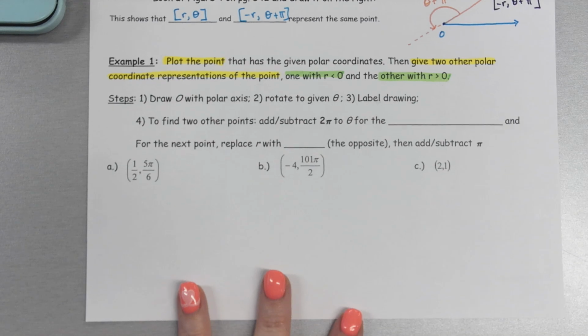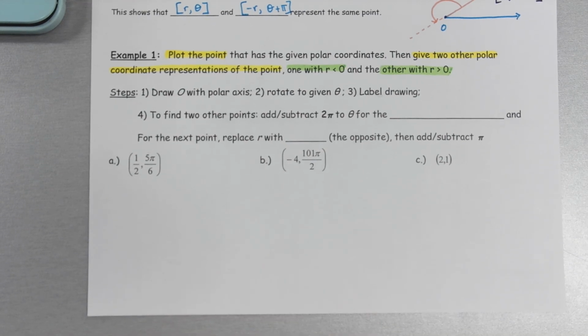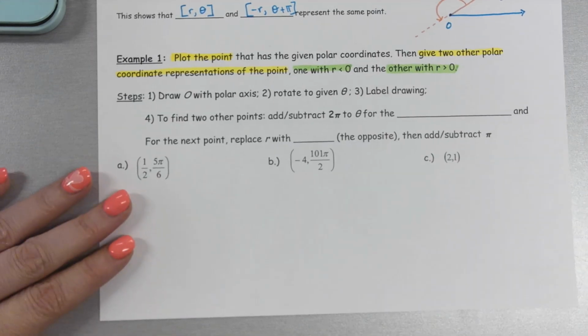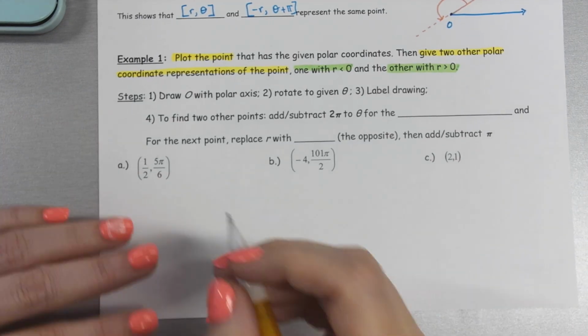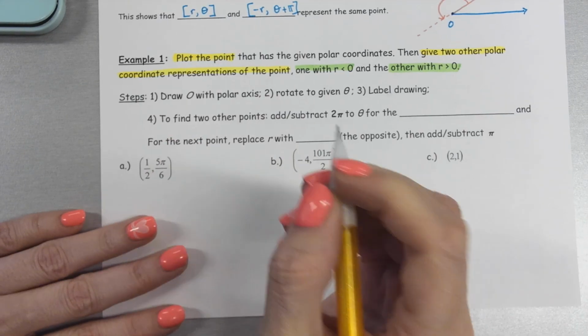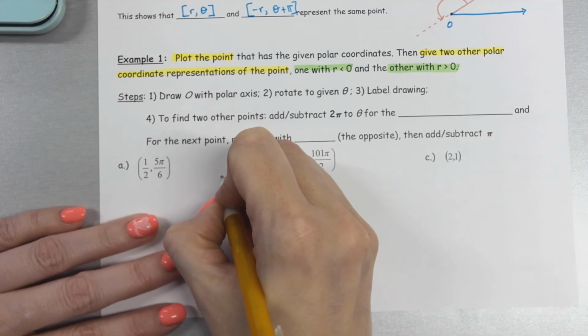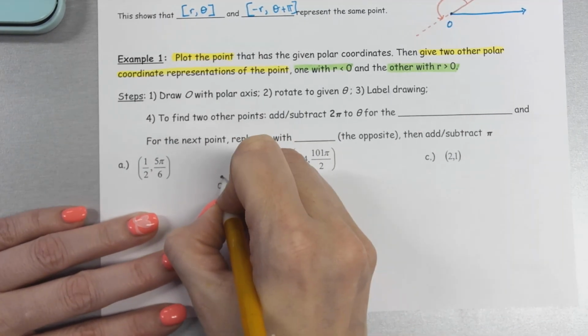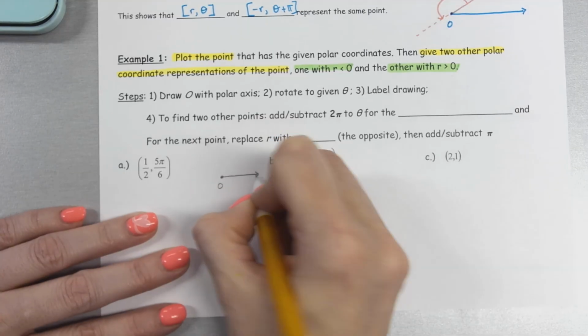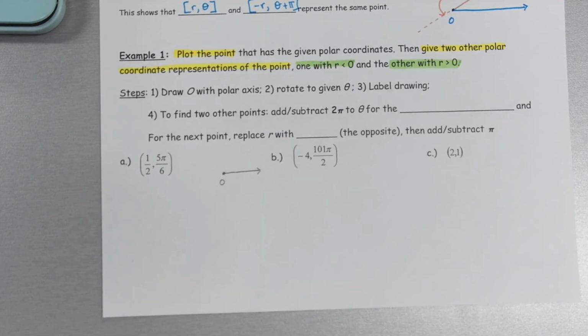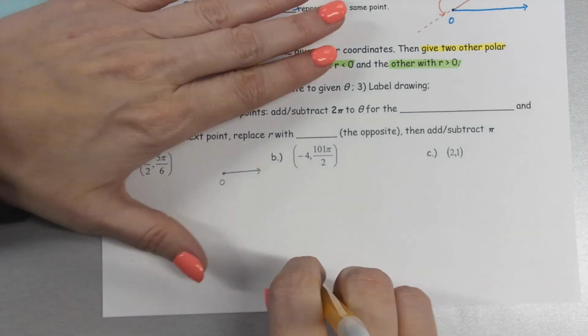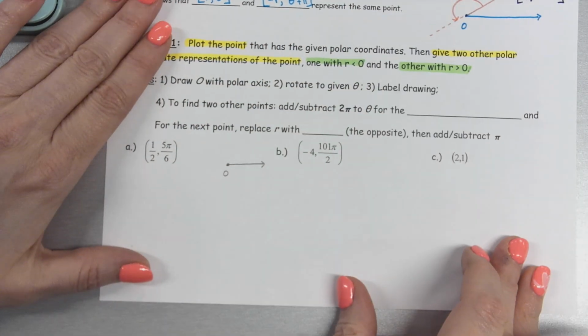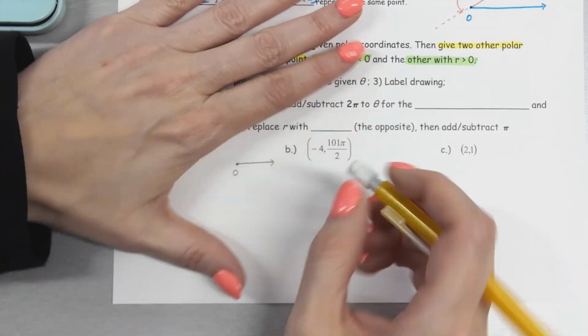Okay, so steps 1 through 3 are all about the drawing. We're going to start with the pole and the polar axis. So for A, we have (1/2, π/6). So we're just going to start with O and the polar axis. That's always where you're going to start. And it's a little slanted, but